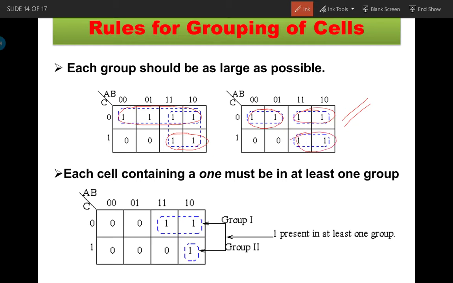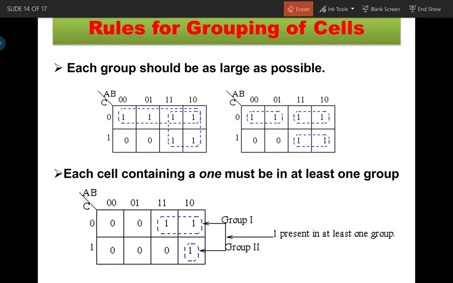Okay, if you make the Boolean expression from this, the Boolean expression will be large. But if you make the Boolean expression from the two groups of 4 each, then that Boolean expression will be short. Okay, so that is our aim, that our Boolean expression should be minimized. Boolean expression being minimized means that your hardware will be minimized. So our aim is to reduce and minimize the hardware, and that is possible only when we make the largest possible group. If a group of 4 is possible, we will make a group of 4; if a group of 8 is possible, we will make a group of 8, and not divide the 8 into groups of 2 or 4.